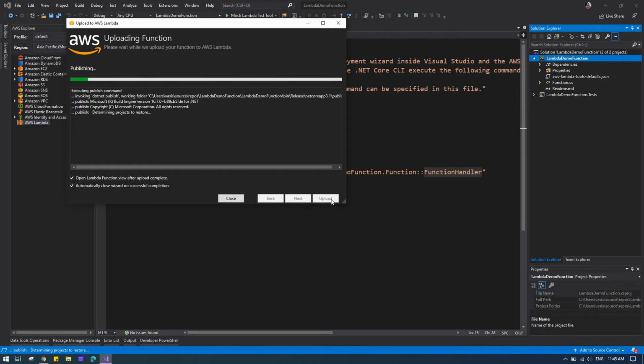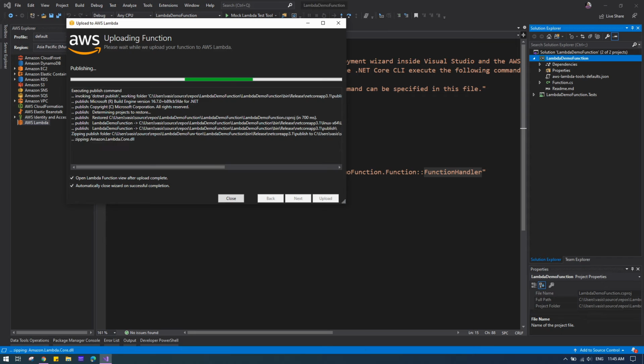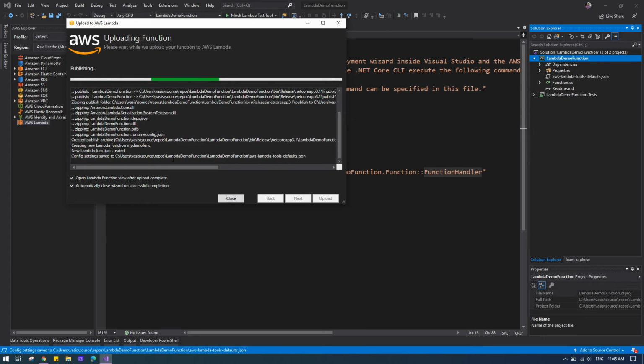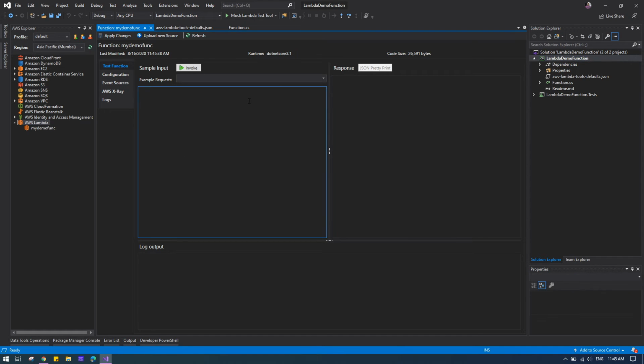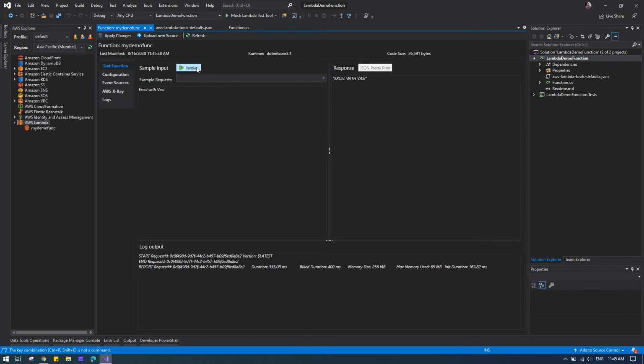Once I click upload, it builds the project and creates a zip out of the project output. Then the zip is uploaded to AWS. Right now it is uploaded, so we'll see whether it is working or not. I have a small string here and I'm invoking it right now.